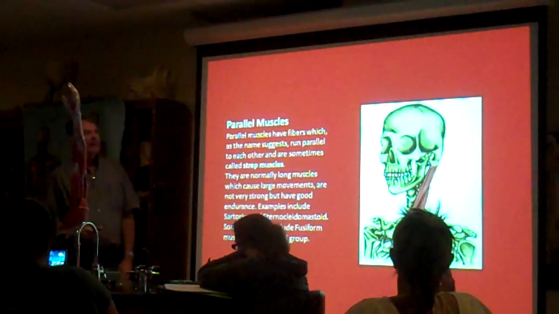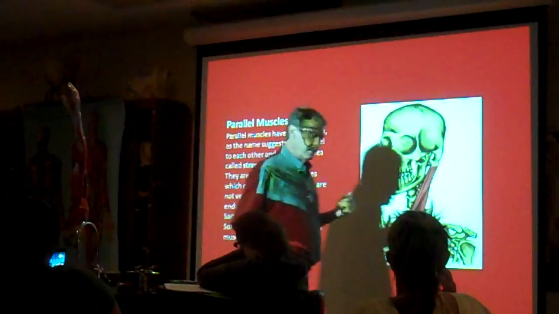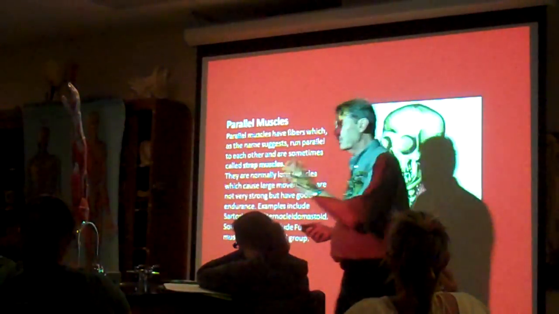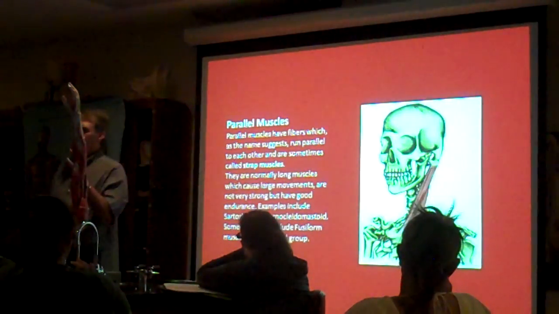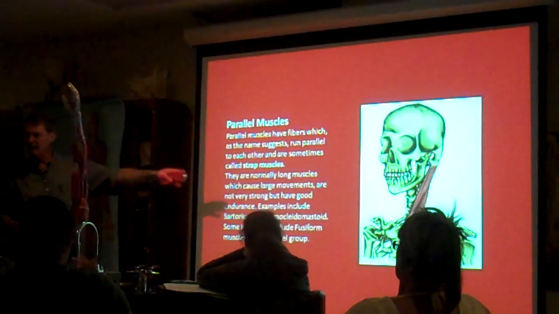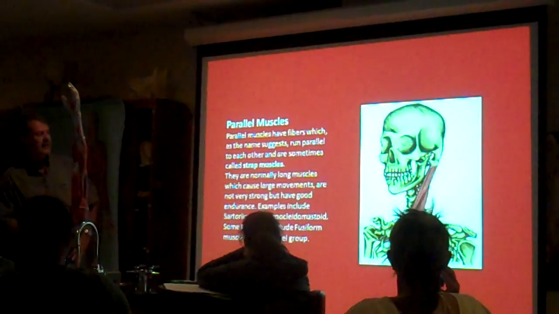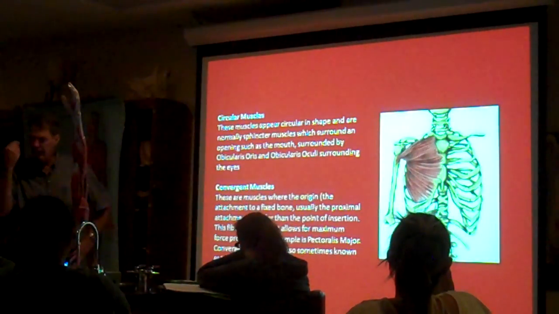Okay? This isn't all that important, but like we arrange the bones in general categories like long bones, short bones, irregular bones, flat bones, things like that. Well, you can kind of talk about muscles in a little bit the same way. Some of them are called parallel muscles or strap muscles because all the muscle cells are lined up parallel to each other. Okay? And you can see why they get the name strap muscles as well. Okay? Then you have the circular muscles that we talked about a lot around the eye,